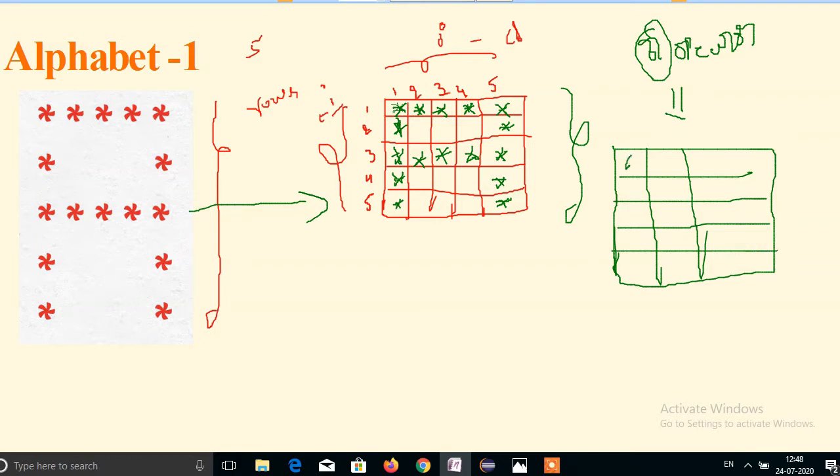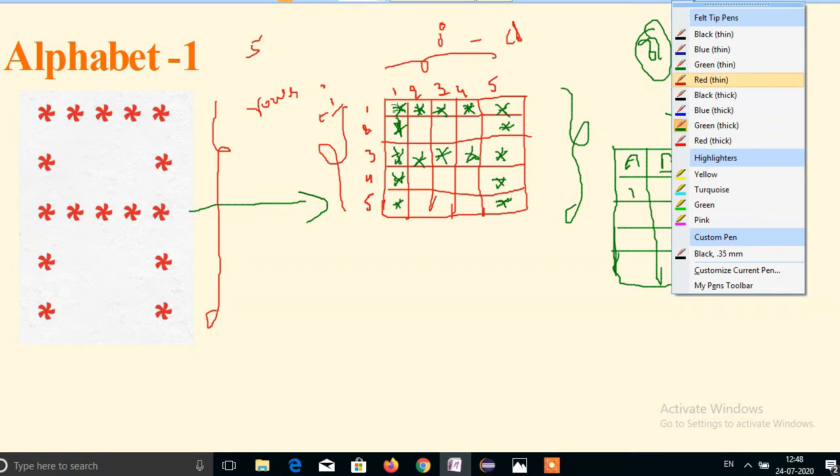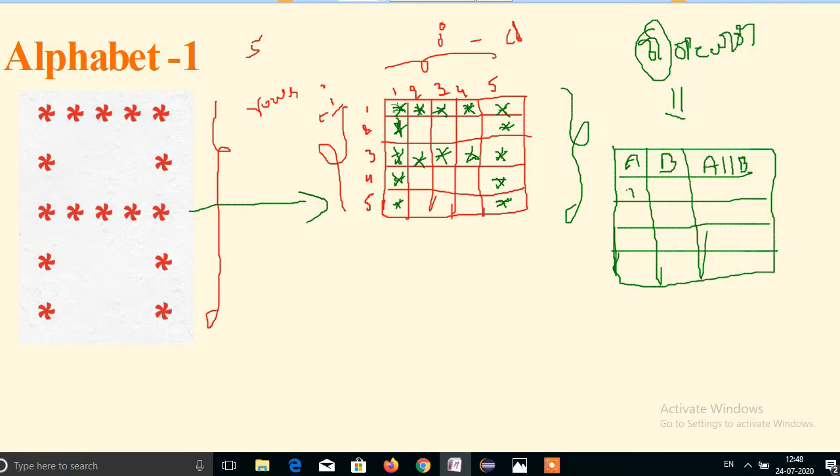Take A, B, A or B. Here true, true, true, false, false, true, false, true, false.